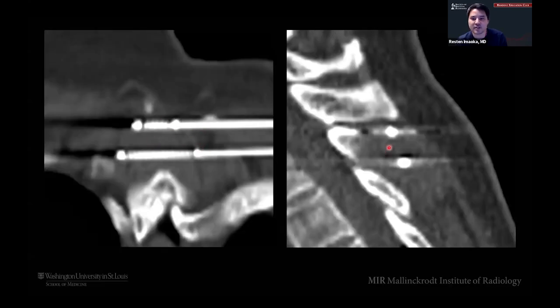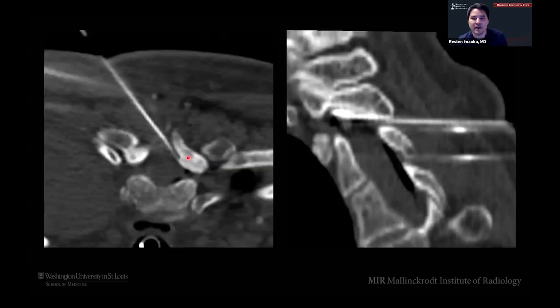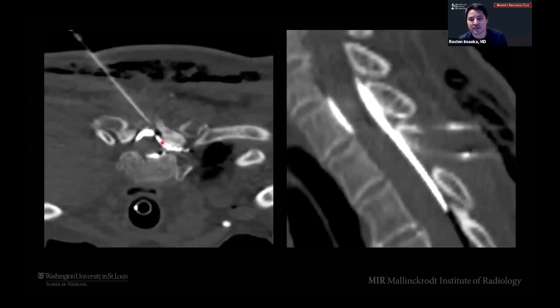We used a couple probes here to build a decent ice ball around it, and then we start to do some thermal protection, right? And so this is where that active thermal protection comes into play, where we put a spinal needle down interlaminar here into the epidural space. We put some CO2 in right here. If it doesn't go where you want it to go, then you put in some contrast or D5W or whatever instead, right? Something to physically displace the cord away. And these are all active thermal protection techniques.